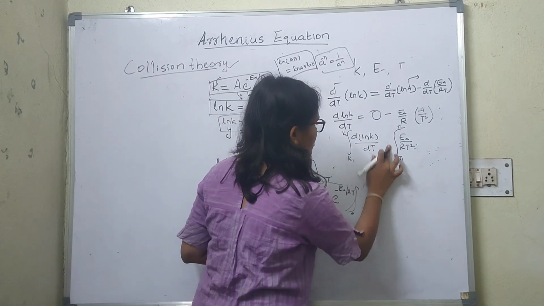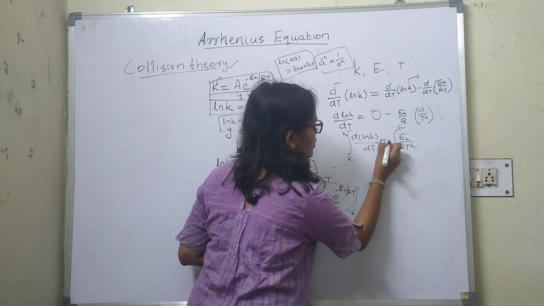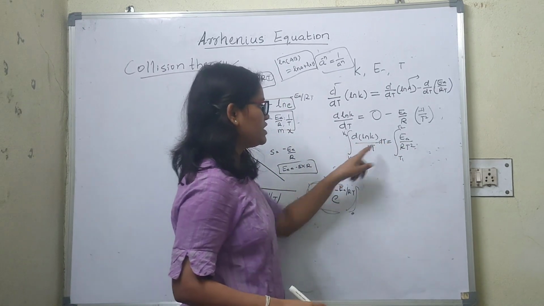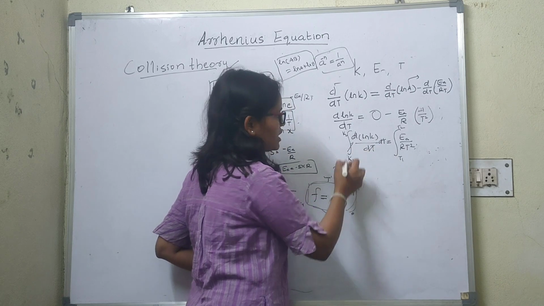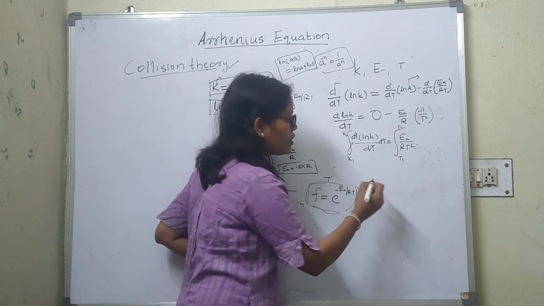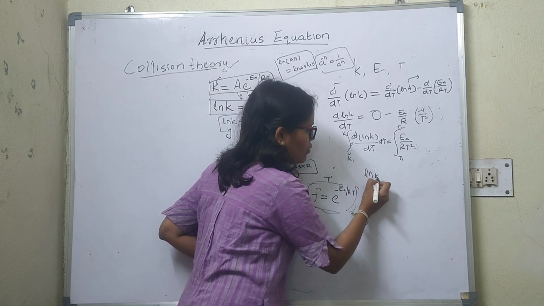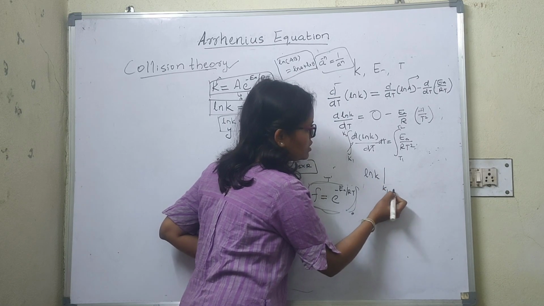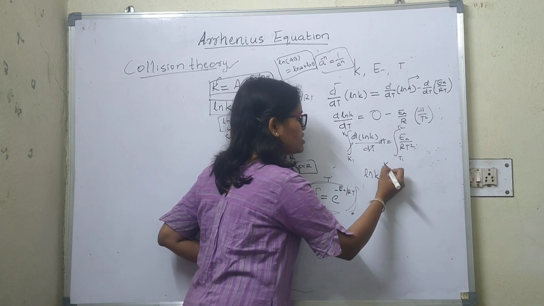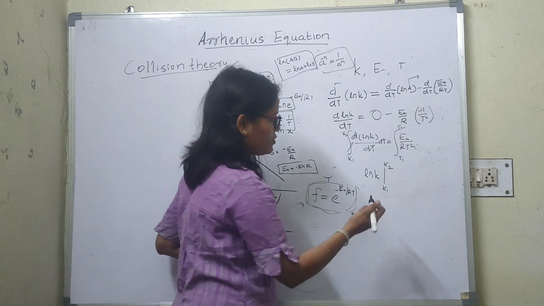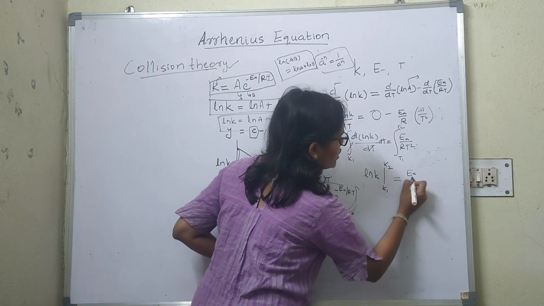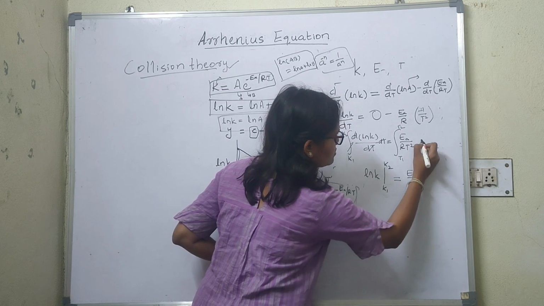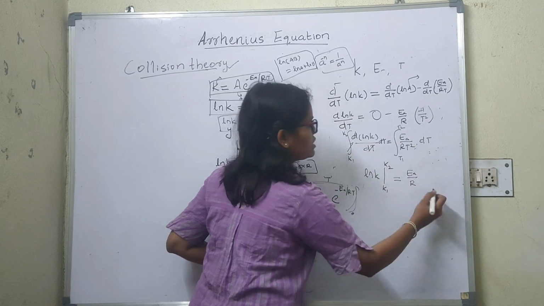So for integration you need to write dt here. The differential and this integral will get cancelled. What you have is ln K now, between the rate constant limits K1 and K2. So this is equal to, EA over R is a constant, and dt is missing here,